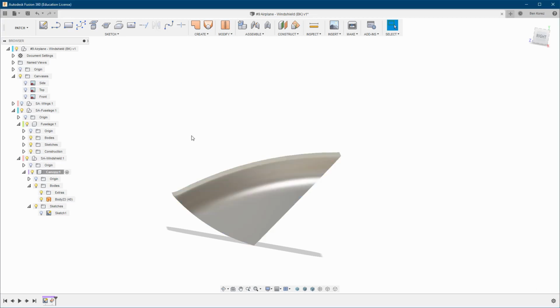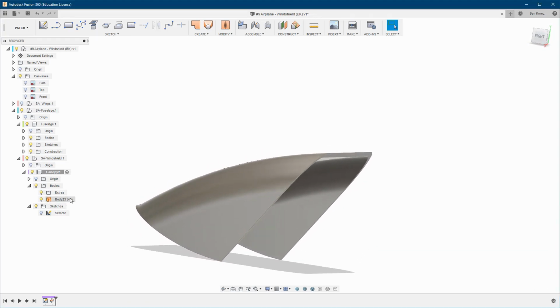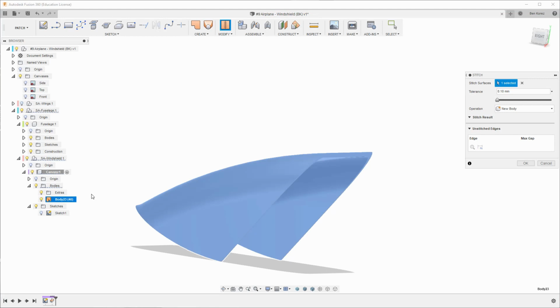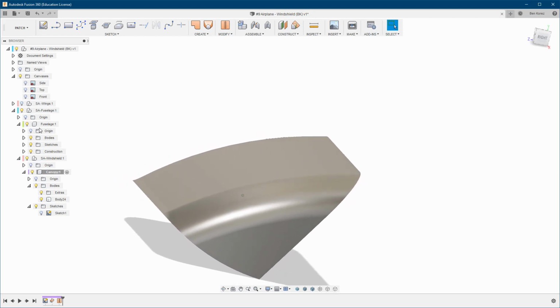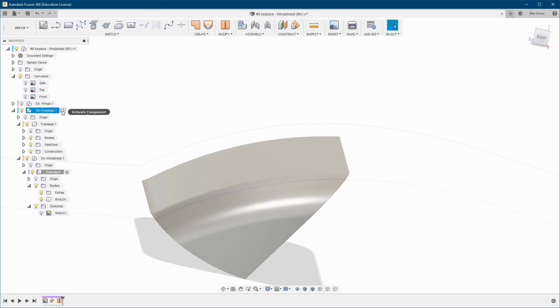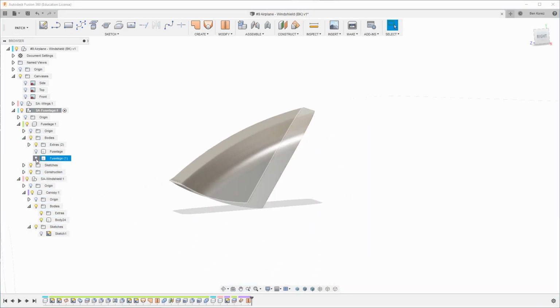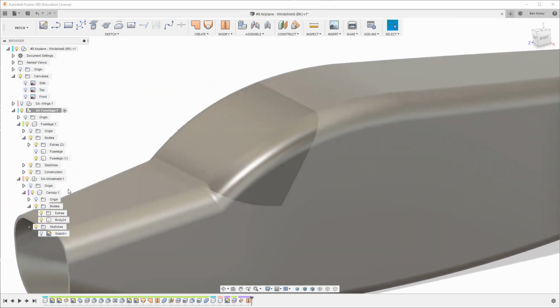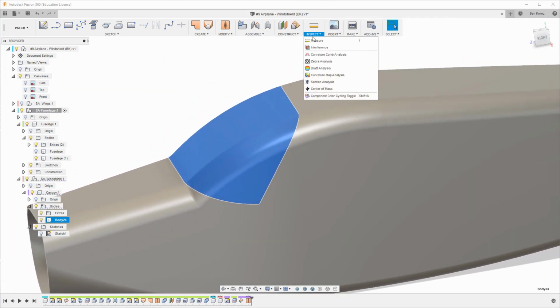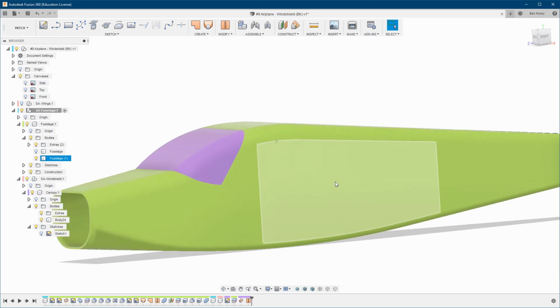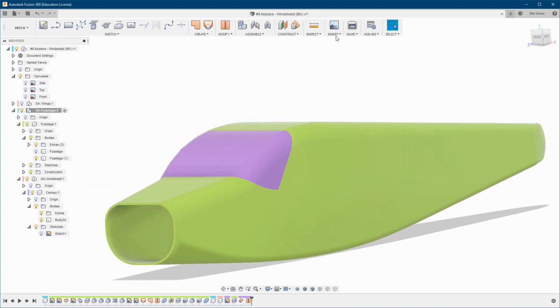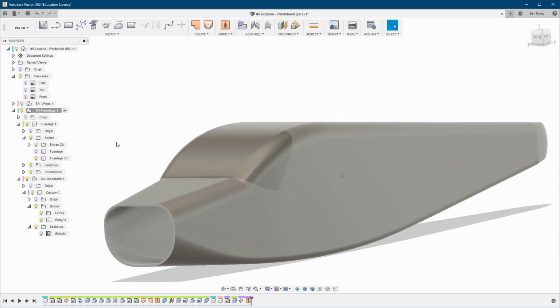So now we have our body here, and it's still, you know, only patches or surfaces. Okay, so we need to stitch it together, and now we turn it into a solid body. So we can see if we go back to the top of our fuselage, we need to turn on this one. So here we go. We have our body here, and you can also see if we go on to inspect, you can see the different components. Voila. Okay, so now at this point, what I'm going to do is,